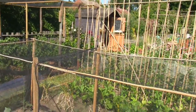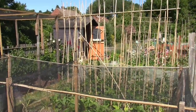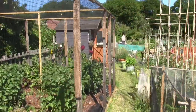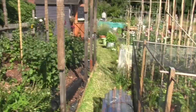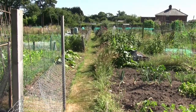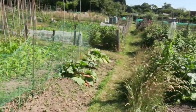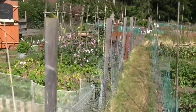So here goes. Now this is the allotment, which you don't usually see from this viewpoint, and you're probably thinking, gosh, it's so much smaller than it looks normally. But my plot is literally, I think, 13 metres by 7 metres, so it's tiny, and it always looks bigger than it is. Now this is the walkway up to my allotment, and the entrance is just over there, because there's the road. I have to walk up here, right to the back of the allotment site, and then my gate is just up here,